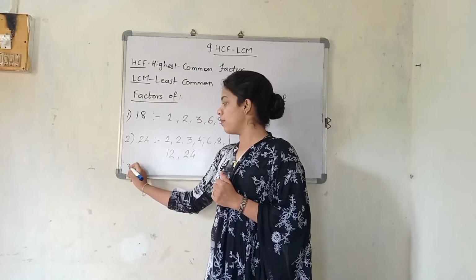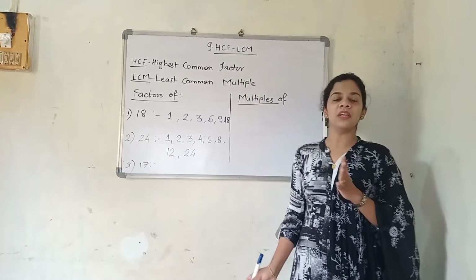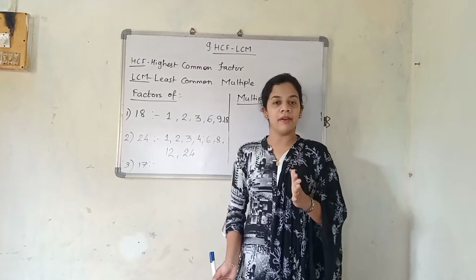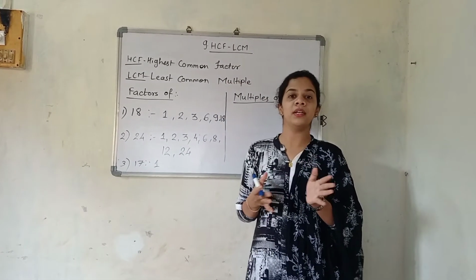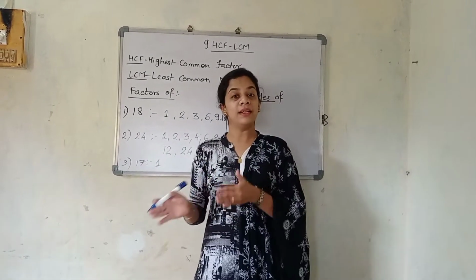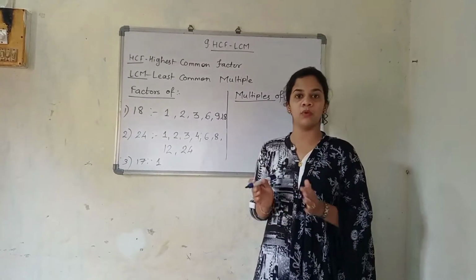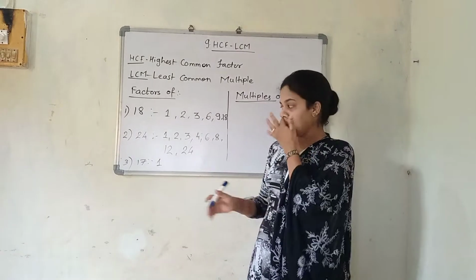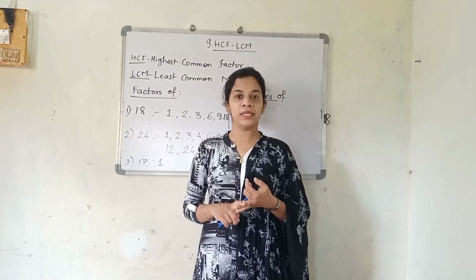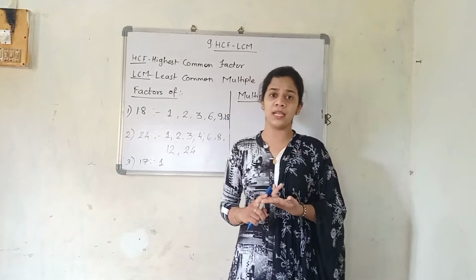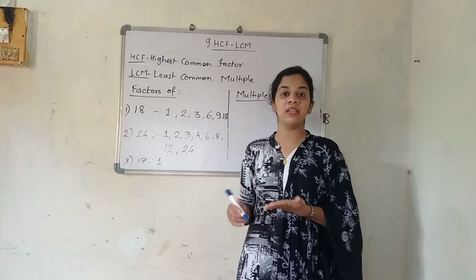For the next example, if I am going to take 17, do you know what are the factors of 17? 17 comes in 1's table. Normally you will be telling, teacher, we know the tables only up till 10, meaning 1 10s are 10. What about further? Further the tables are also there, but we have studied only up till 10. So 17 occurs in 1's table. In 2's table, no. 3's table, no. 4's table, no. 5's table, just see for that. You will never get this 17 because 17 is a prime number.